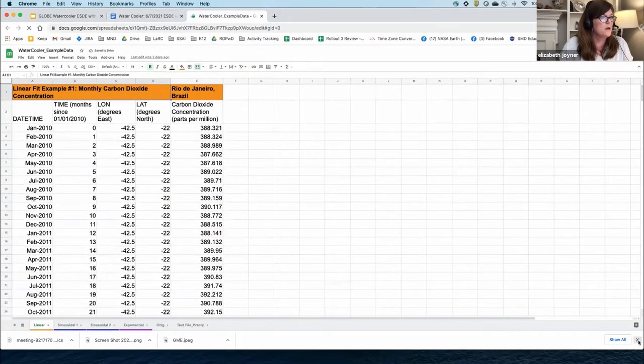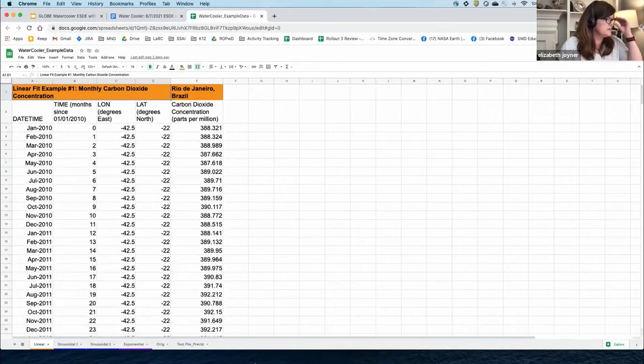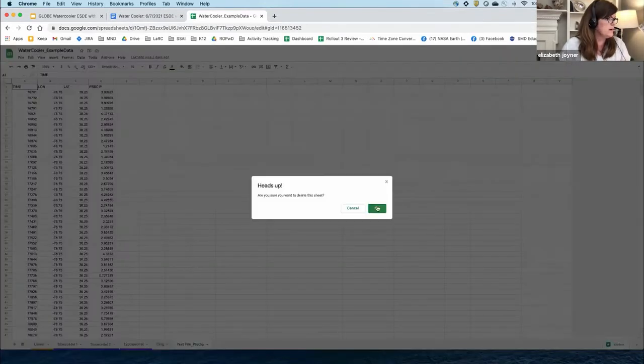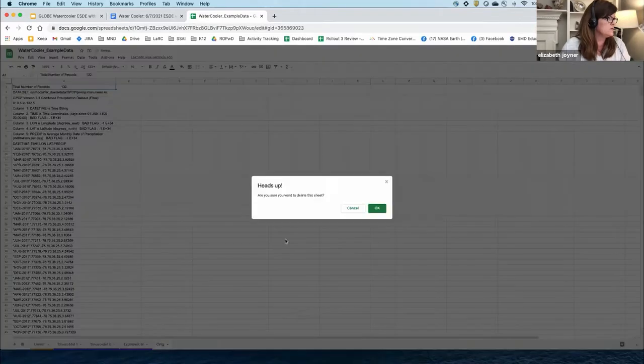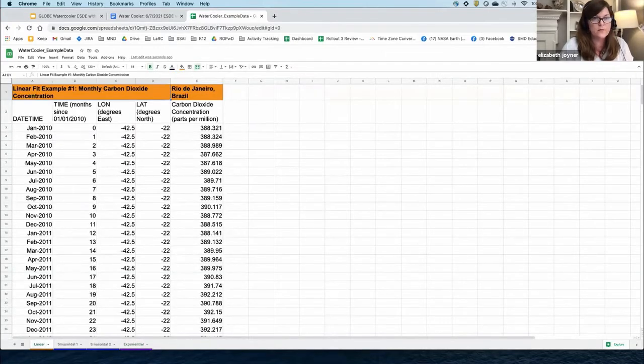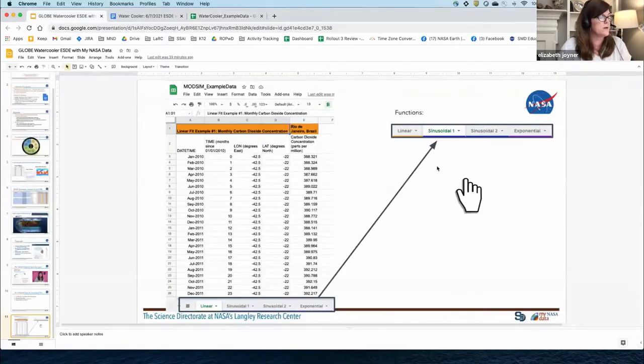Okay. And so in this data set, you should see 4 different data sets. We have linear, sinusoidal 1, sinusoidal 2, and exponential. Each of these data sets has been downloaded from the Earth System Data Explorer, and these are available for us to use with Steve. So I wanted to show you how you can move back and forward between the different